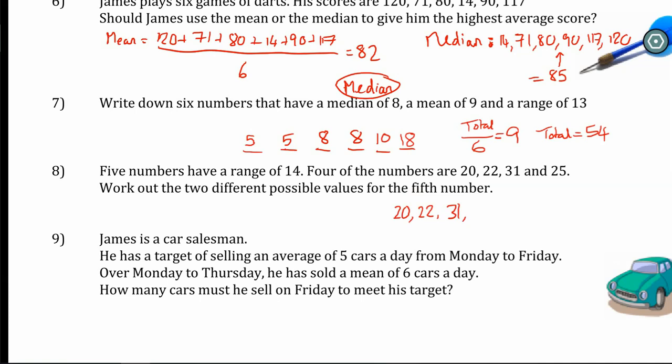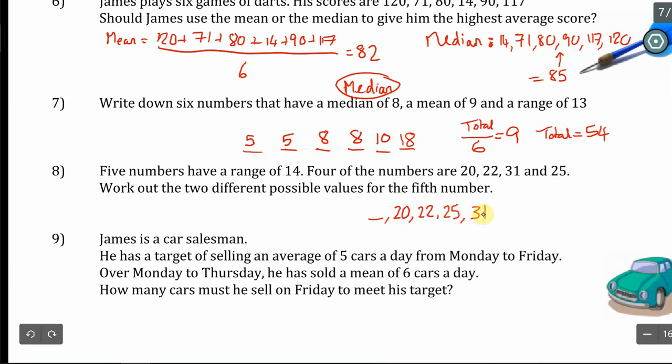But if I write these in order at the moment, these are the numbers I've got. Now, we don't know whether this 5th number we're after is at the lower end or at the higher end. So let's say it was at the lower end. This number could be